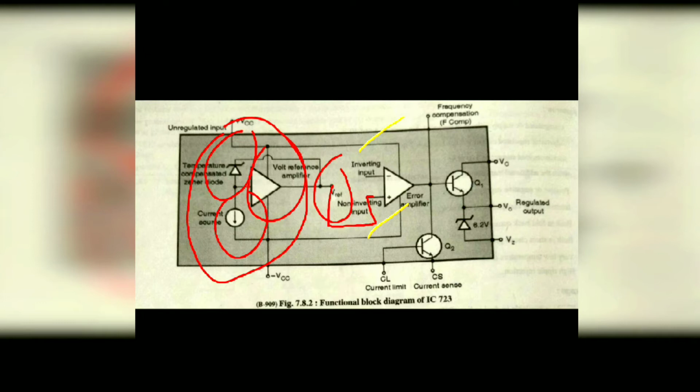Whatever reference voltage is generated with the help of the Zener diode is then connected to the non-inverting terminal of the error amplifier. Now the next point: the inverting terminal is connected to the full regulated output voltage or a part of the regulated output voltage. The feedback coming from the output voltage goes to the inverting terminal. A potential divider of external resistors R1 and R2 is used to return a part of the regulated output back to the inverting terminal.